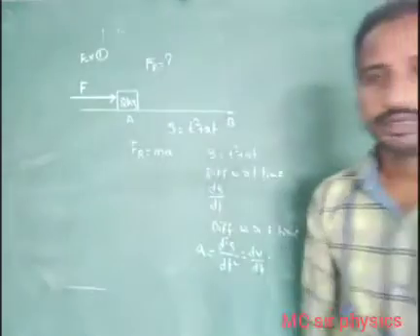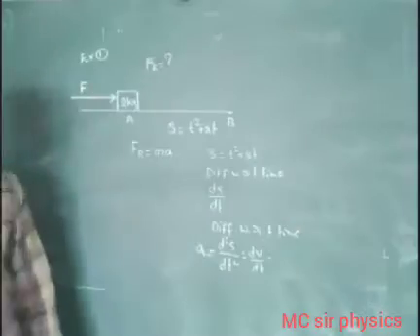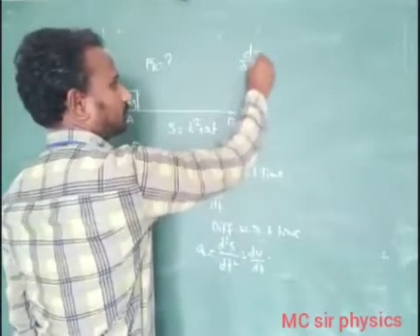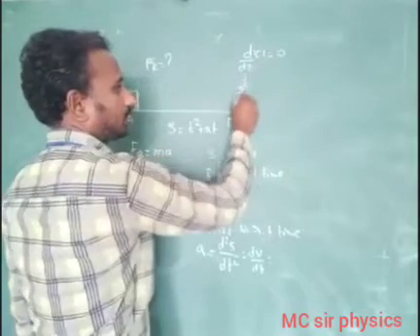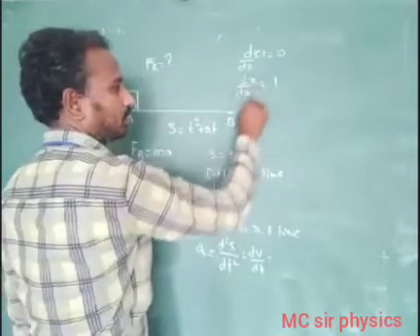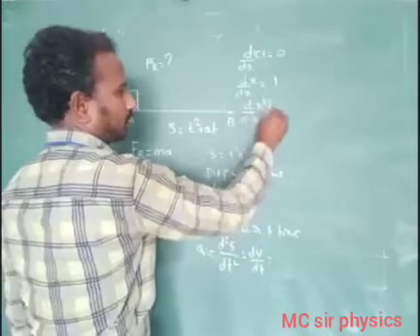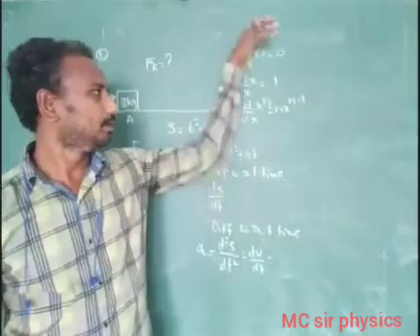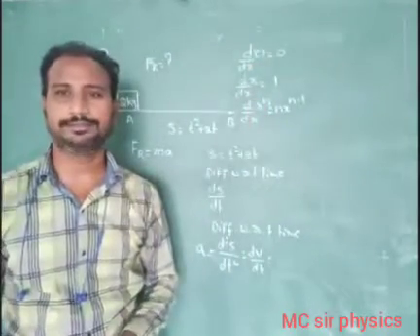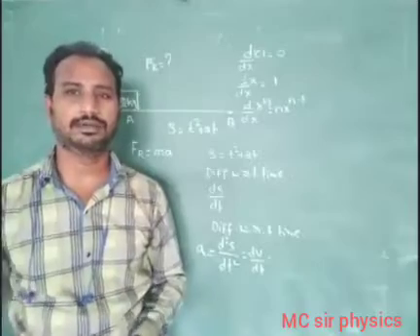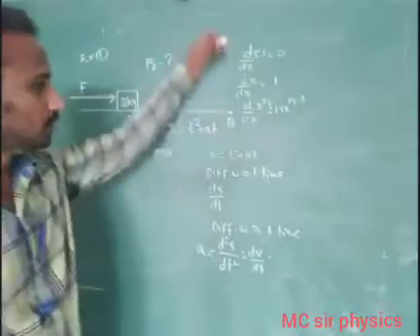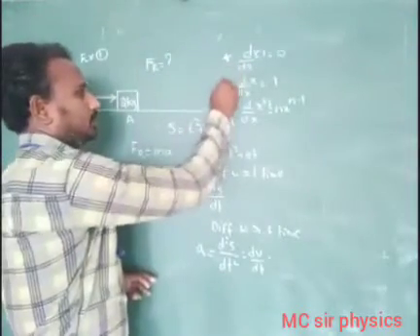Students, do you have any doubt? Just identify these three formulas: d by dx of a constant equals 0, d by dx of x equals 1, and d by dx of x power n equals n into x power n minus 1. We have to use these three formulas repeatedly in our physics. Sometimes we observe the remaining problems, but these formulas are repeated most. So follow these points to find the velocity and acceleration.